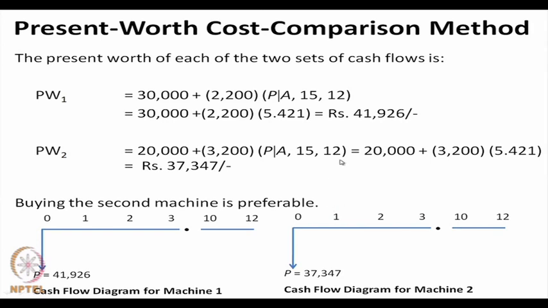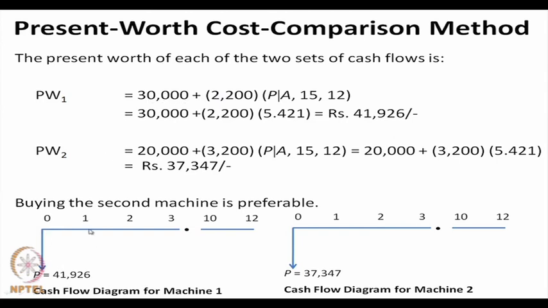That is what we have done here. In this diagram, all the costs associated with machine 1 are discounted here, and all the costs associated with machine 2 are discounted to the present. Now, the initial cost was 20,000 or 30,000, that remains. So, present worth of the payments are